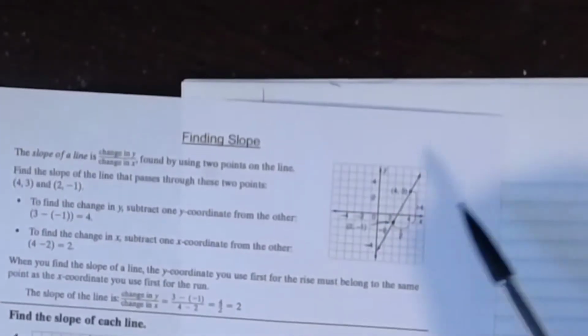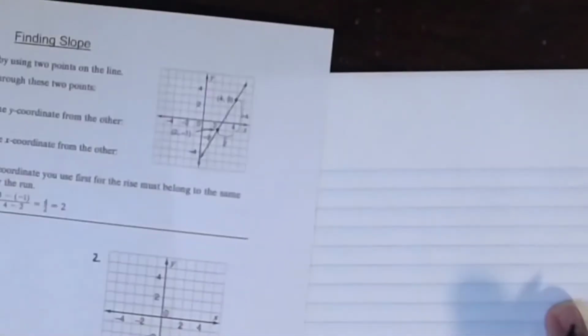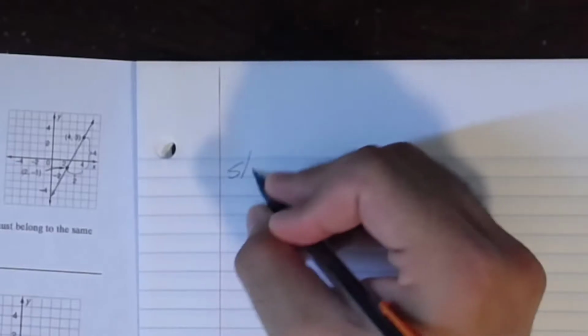So let's just get into it. You could do it by using 2 points. That's usually how it's done to find the slope of a line. You need to find 2 points, and then you have to use this formula right here, or it actually doesn't show it, but you have slope,